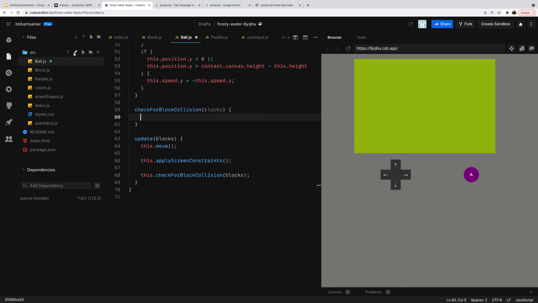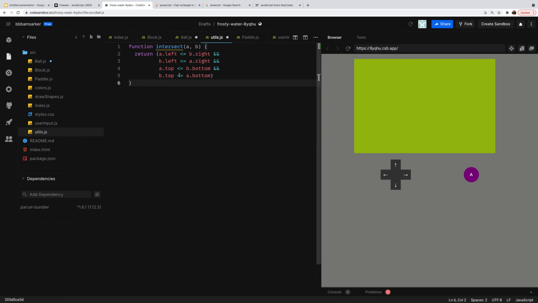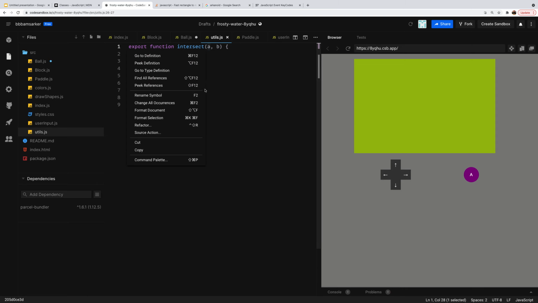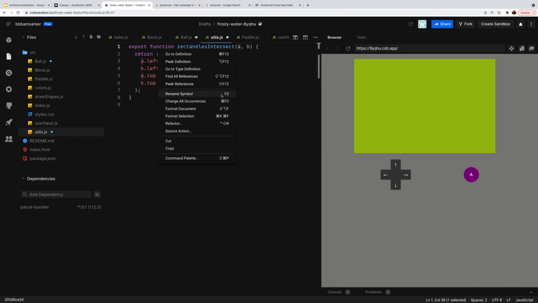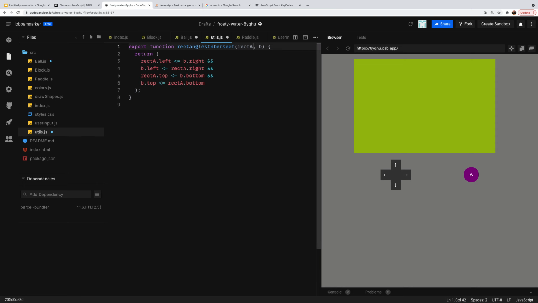Okay, I'm then going to create a little utils file that has rectangles intersect. Let's say that, it's a better name. We're going to say rectangle A, rectangle B. So then in here,